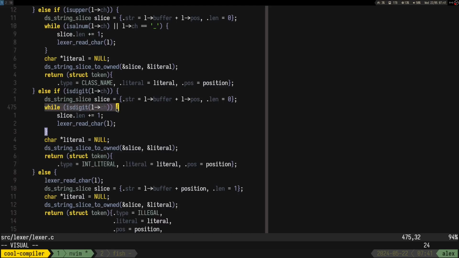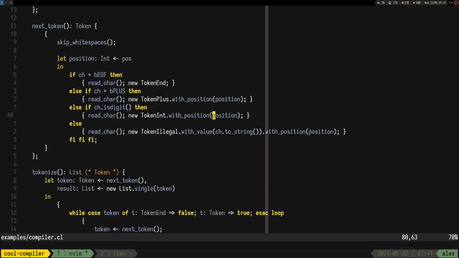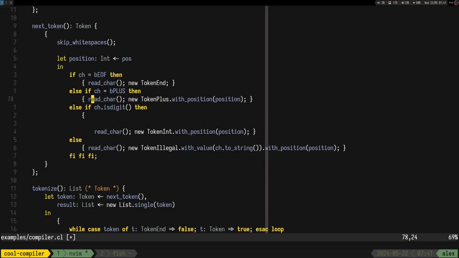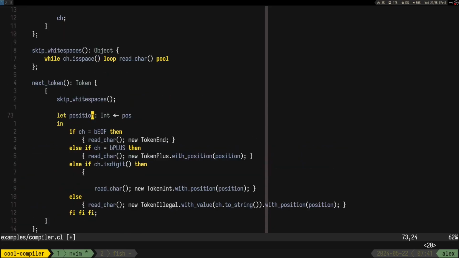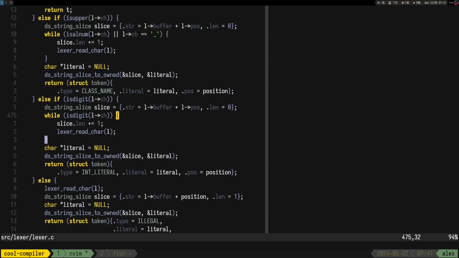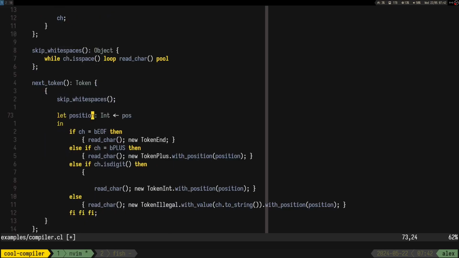So yeah, we should make a while loop. That's the only thing. We basically have the position of the start, right? We have the position of the start, and we need to figure out which is the position of the end.